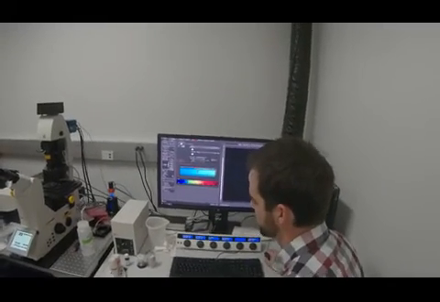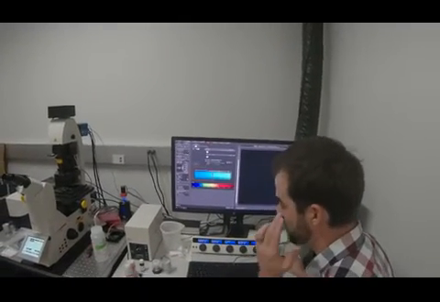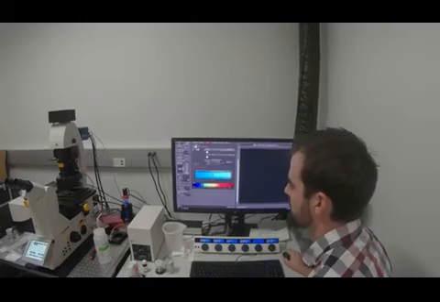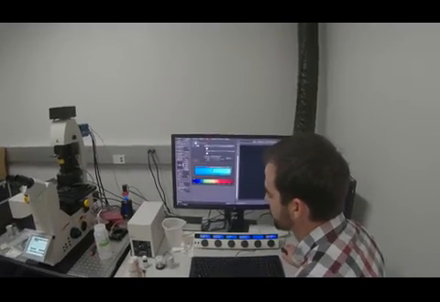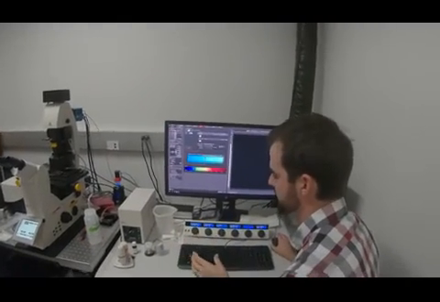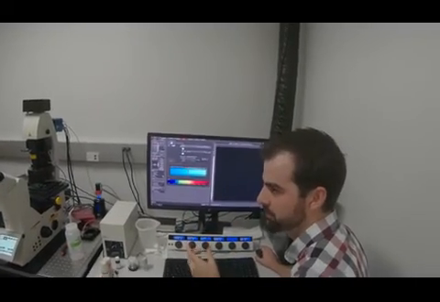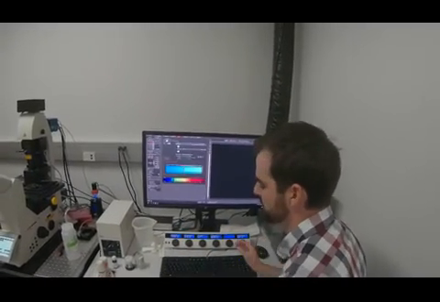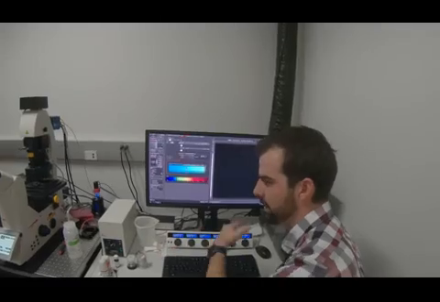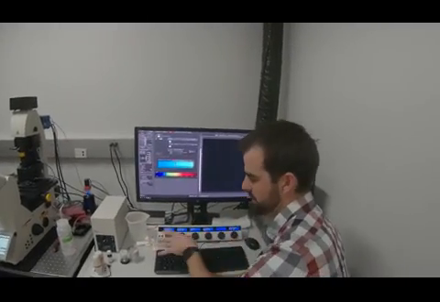And then with this objective, the step size is 3.7, so it's about 51 steps through it. And then because we have two mirrors, we can image only from one direction or from both directions. So if your sample, like the right mirror direction doesn't look good